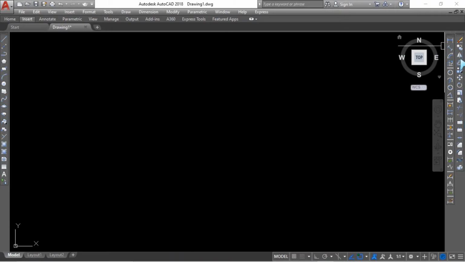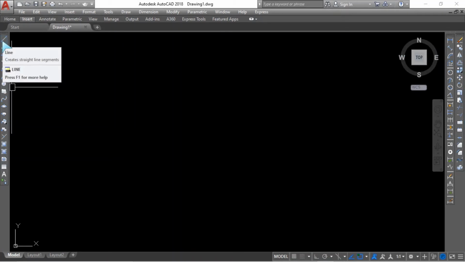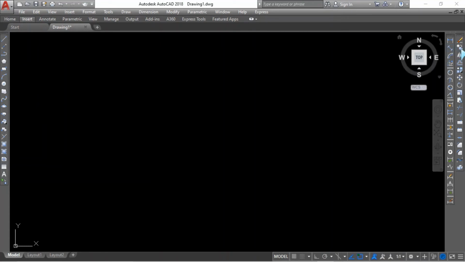Now you can see all three toolbars are on your screen. The first one is the draw toolbar, this one is your modify toolbar, and this one is the dimension toolbar.